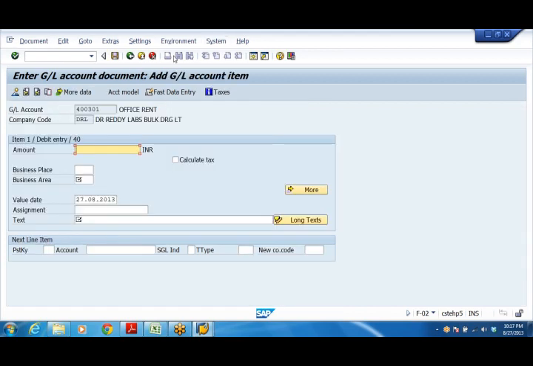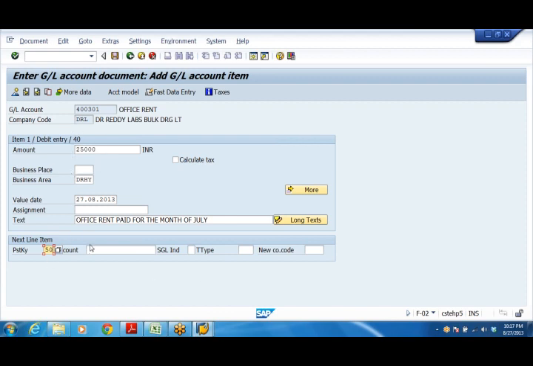Press enter. So office rent debit, for debit entry 40, say 25,000. My business area DRHY. Office rent paid for the month of July. Posting key 50. So debit 40, credit 50.